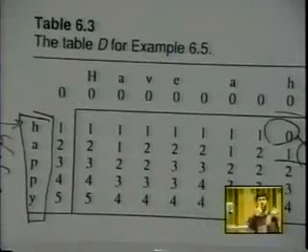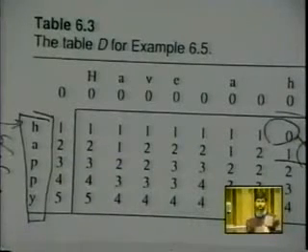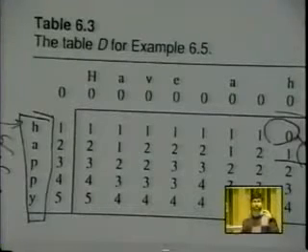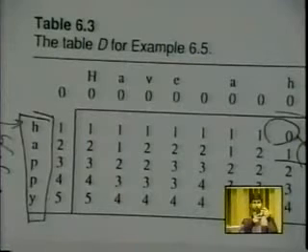But realize that this is in some sense symmetrical. The cost of editing from A to B is the same as the cost of going from B to A. Wherever you did an insertion in one, you do a deletion in the other. So in some sense, it's symmetrical.